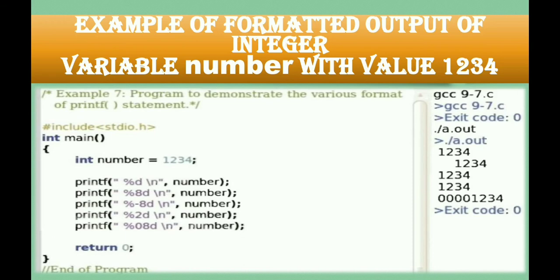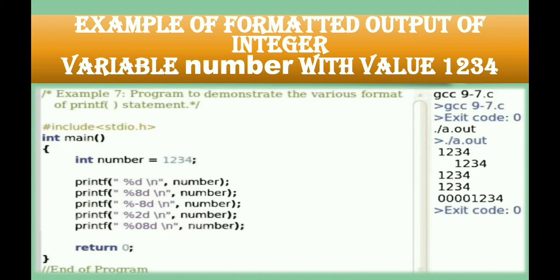Now the fourth printf. In the fourth printf, the length of the variable that is provided by us is 2 characters. But you just see the actual value of our number variable is 4 characters. So whenever the width we have provided is less than our actual content, then this code has no effect. So the output will be visible the same way as it was printed on the first printf, when the code has no effect, or when the length we are providing is less than the actual width of our variable.